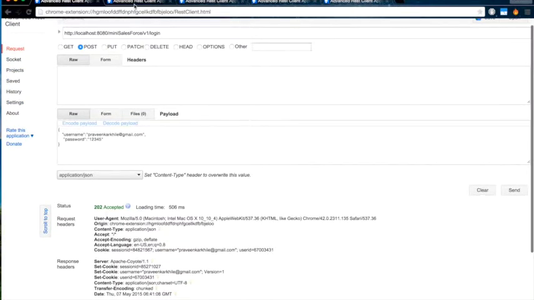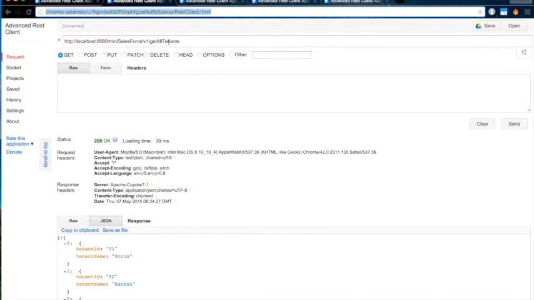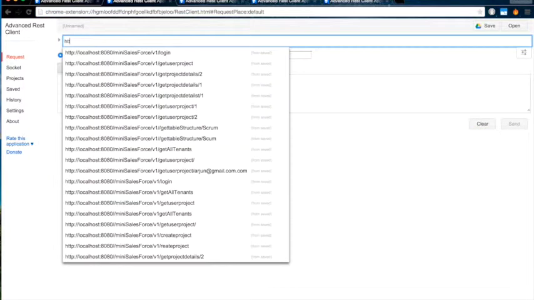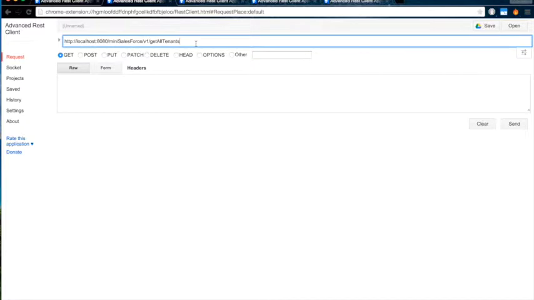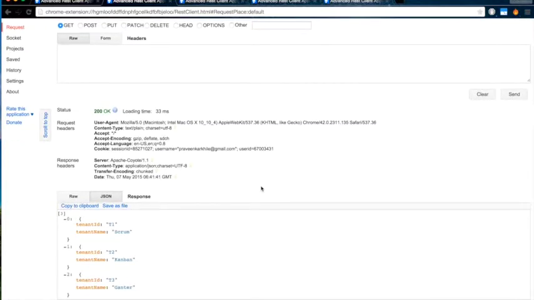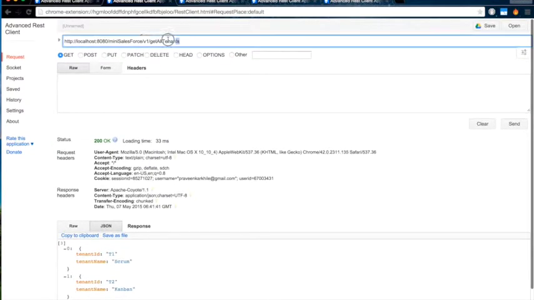Now there are some REST services which I have developed, like get all tenants, which shows which tenants our application supports. Let me reset it first and clear. Now see, this is the URL that I have to use for login and get all tenants. If I say get, you can see these are the tenants which are actually present in the database and pulled over here, and this URL will be consumed by our mobile application to represent the data.